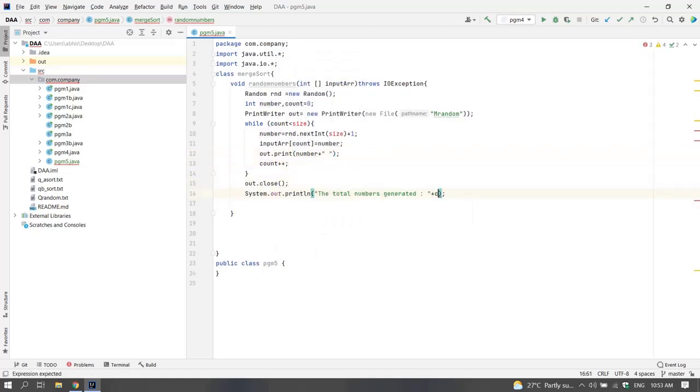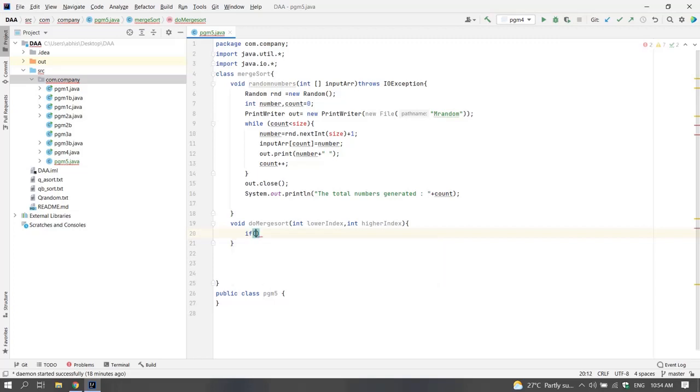So this is our random numbers generating method. It will generate size random numbers. The value of size is going to be the number of random numbers generated, and it will store those random numbers into an array called input array, and also it will make a text file of those random numbers. So now let's make the method to merge sort. If lower index is less than higher index,